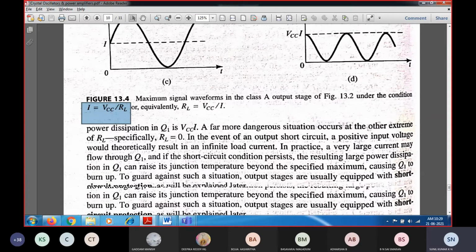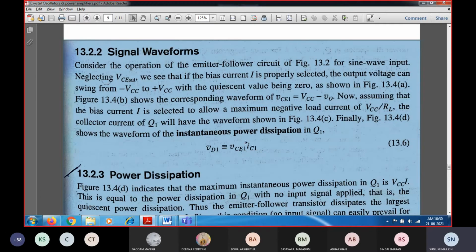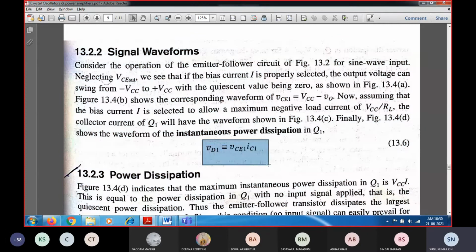the output power, the instantaneous output power dissipation. As I mentioned in the fourth figure, this is the power dissipation PD, which is nothing but PD1. So power dissipation in one transistor will be equal to VCE1 into IC1. If I multiply the collector to emitter voltage with the collector current of transistor 1, you will be getting the power dissipation PD1, which will be equal to VCE1 into IC1. Since it is going to have both AC signal quantity as well as DC quantity, we are going to have instantaneous power dissipation in transistor Q1.